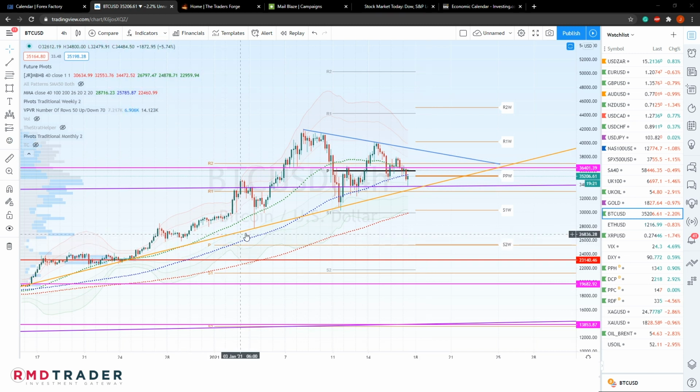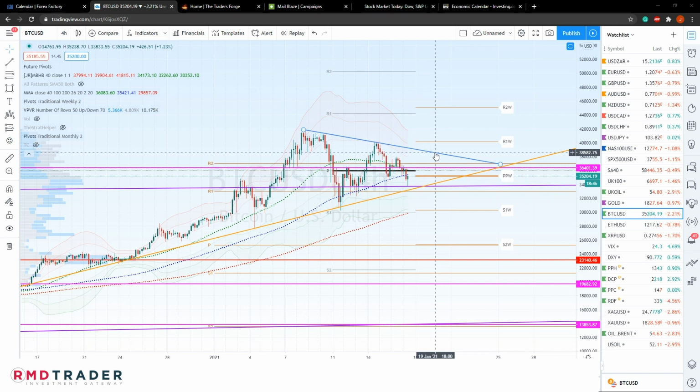At this stage, the lower diagonal boundary does remain intact, meaning our bullish trend has not yet broken. We are also seeing that this 4-hour 100 SMA is currently holding up quite well. And of course, we can see that we have this major horizontal support highlighted in purple, and that is currently right at the bottom of this boundary at 33,700. Of course, if price can manage to find some support from this area, we'll probably see that retest of